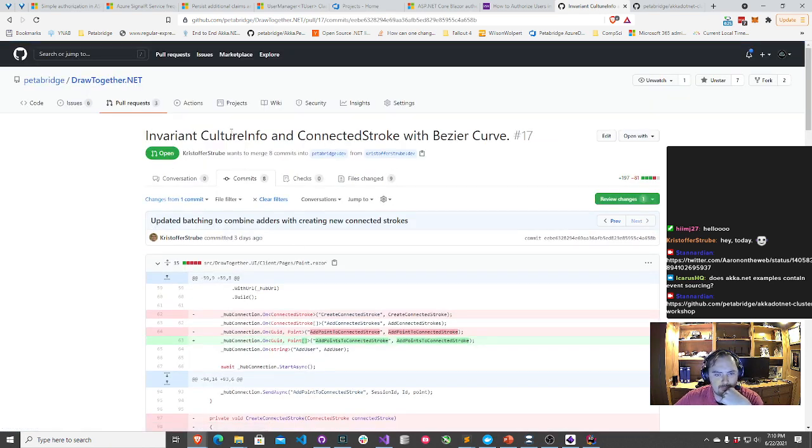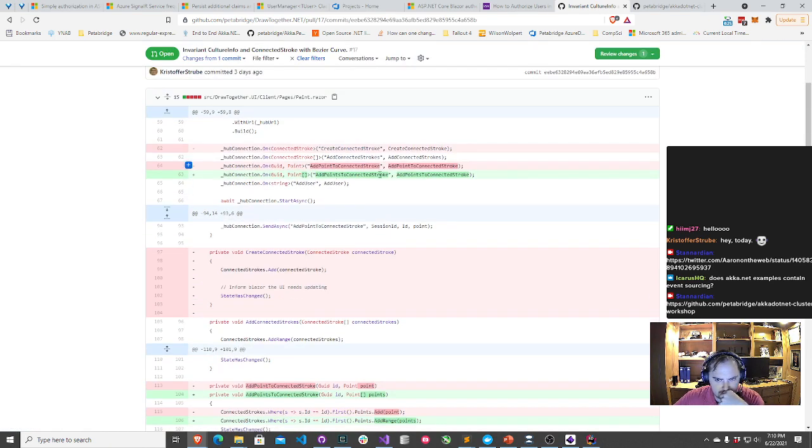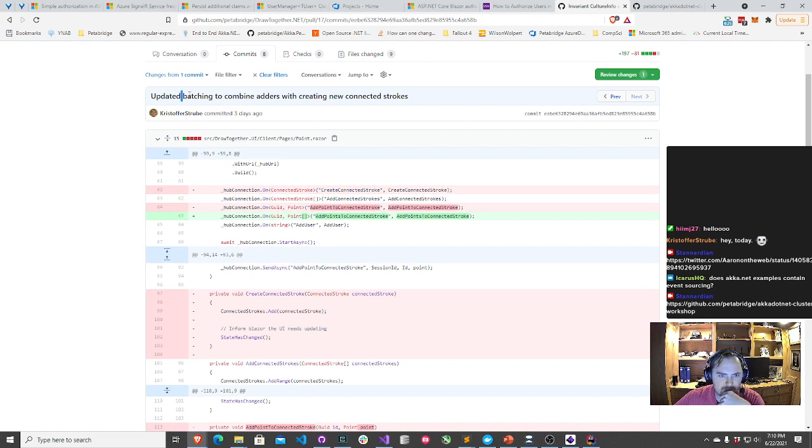Use batching to combine. Let's see. Updated batching to combine adders with creating new connected strokes. Let's take a look at this. All right. So you're using a GUID to represent a unique stroke, I'm assuming that's what that's for. And then you're giving us, rather than a single point, an array of points back here.